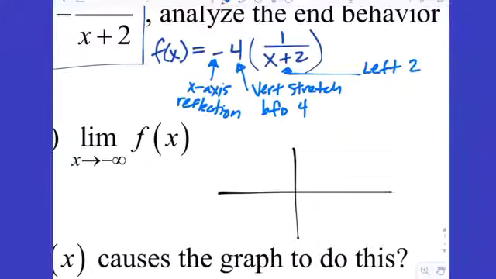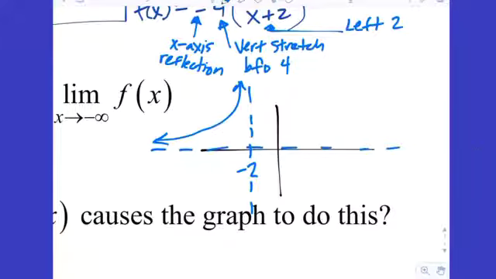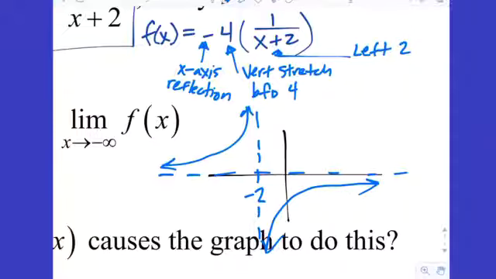Okay, so I know there's a vertical asymptote right here at negative 2, and I didn't move the graph up or down at all, so there should still be a horizontal asymptote at 0, just like the parent function had. And now it's going to live over here, because we reflected it across the x-axis, and it's going to live over here. Now, if you look at that and tell me that it's 4 times steeper than the parent function,